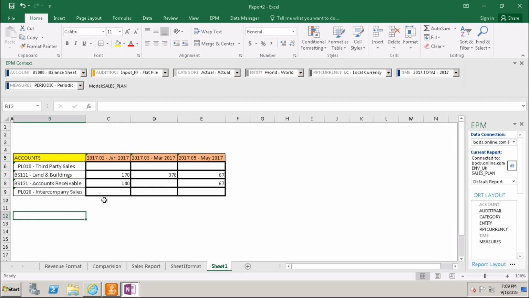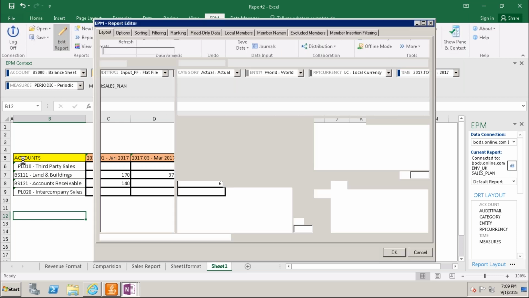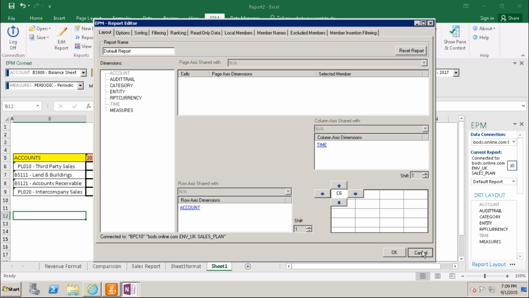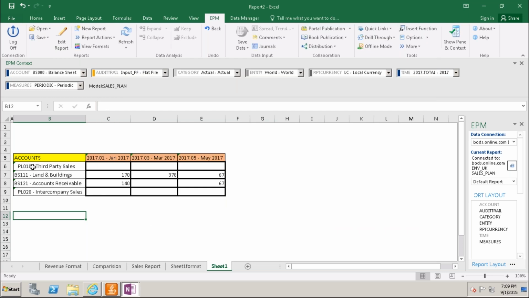And also yesterday I told you about indentation, edit report, see here, PL010 is this side and balance sheet is this side. Left, right, there is an indentation here. So we need to keep no indentation.